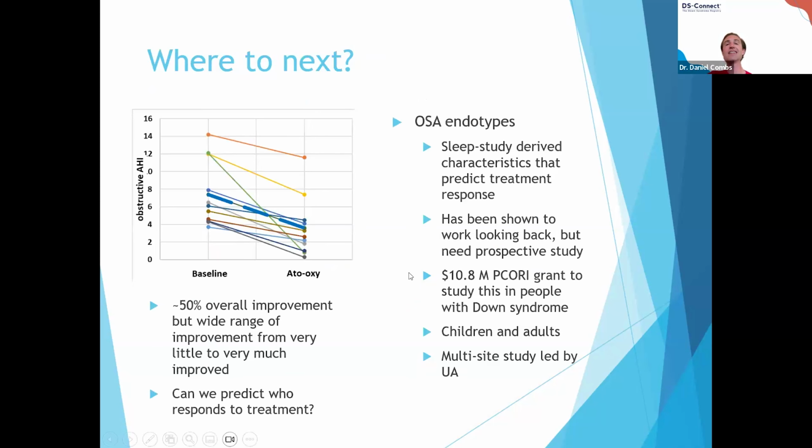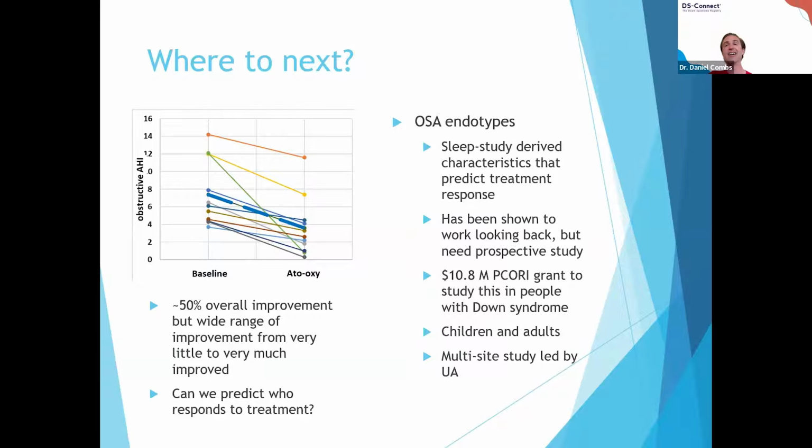So then where are we going next? I showed this picture previously. And again, you can see this green participant did fantastic. They went from severe sleep apnea to basically no sleep apnea. The orange participant essentially went from severe sleep apnea to slightly better, but still severe sleep apnea. And it would be great if we could tell in advance who's going to get way better and who's really not going to get much better,